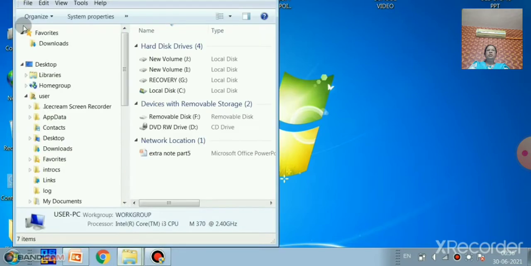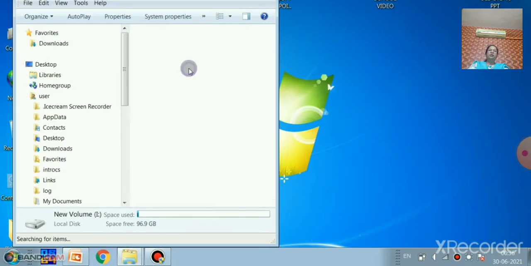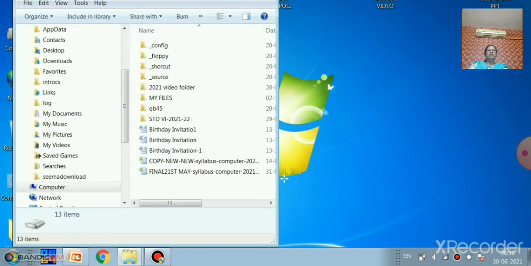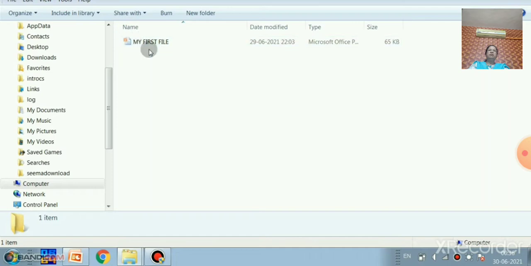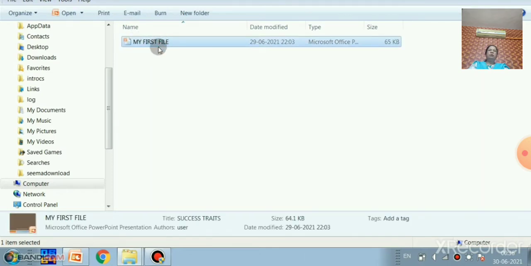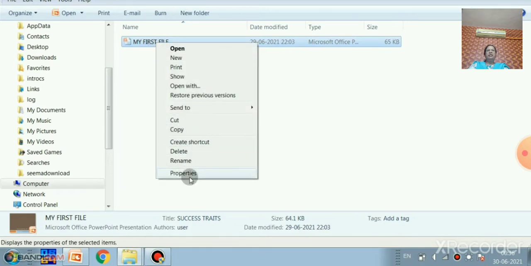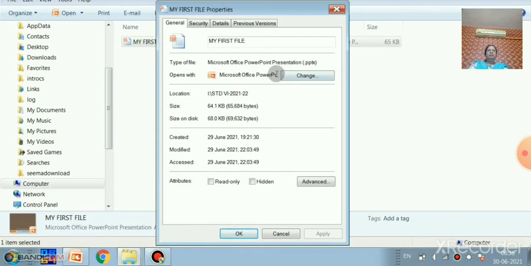Now if you want to see the extension, click on My Computer and click on the drive where you have saved the file. Click on your folder. See, this is your file, my first file. Right click and click on Properties so that you will understand. Here, Microsoft PowerPoint, the extension, the computer gives this automatically, right?